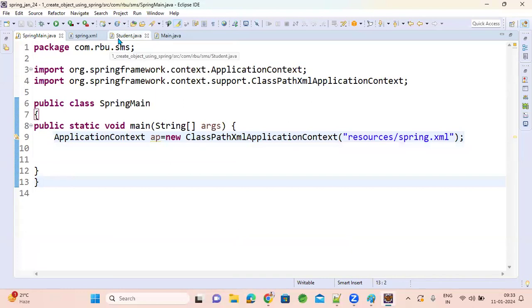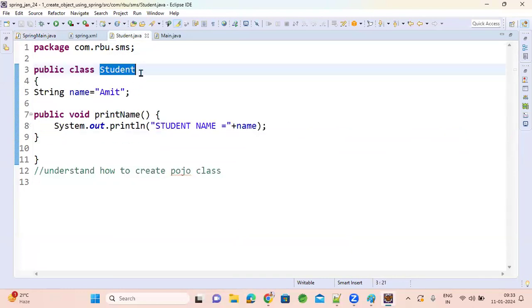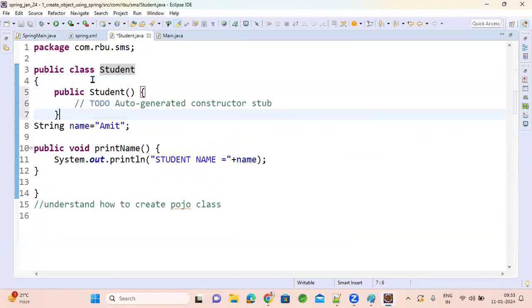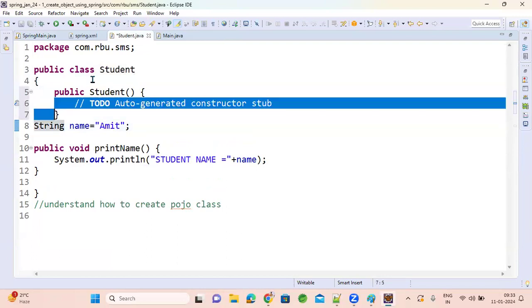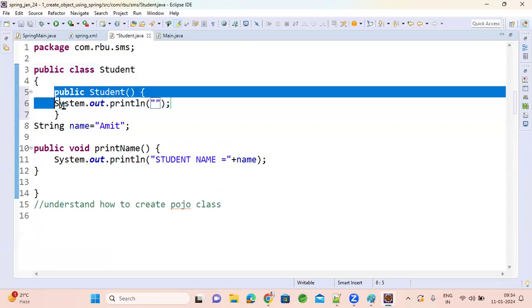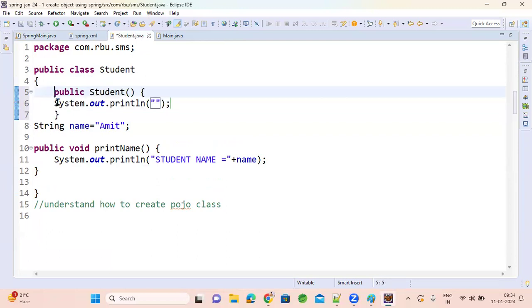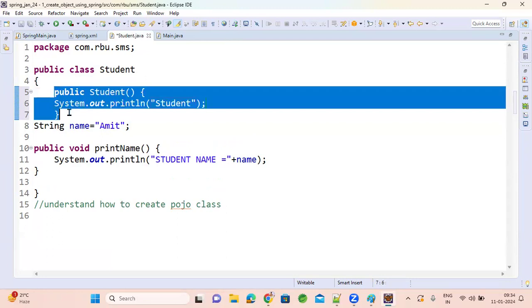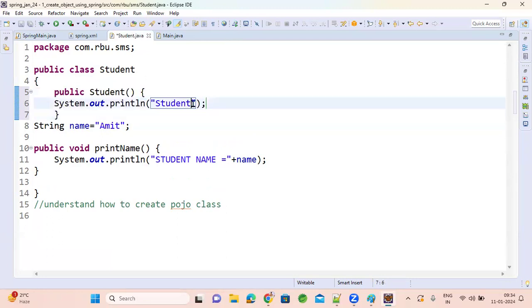Before running it, to observe whether your object is being created or not, I'm just overriding the default constructor. Basically, we need not write this during coding, but I'm overriding it. By default this will be provided by Java, but I'm overriding it to show you this code is executing without your intervention: Student object created here.